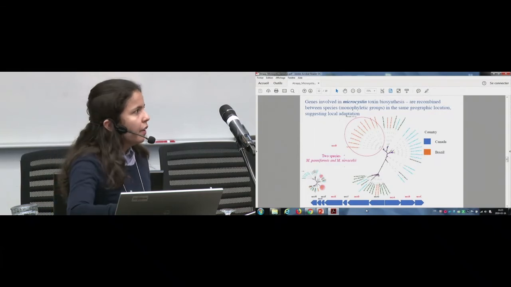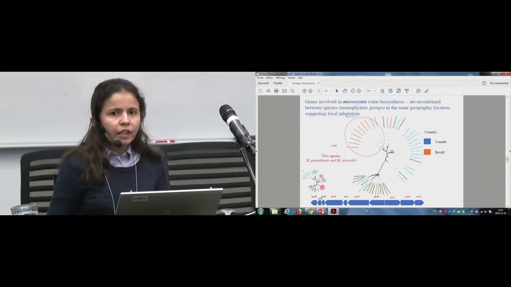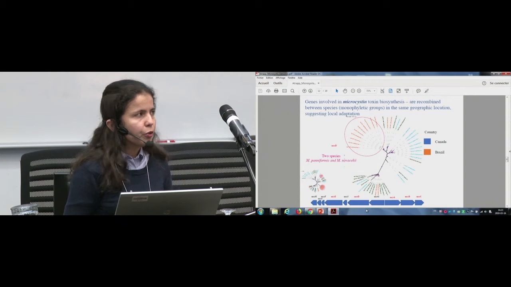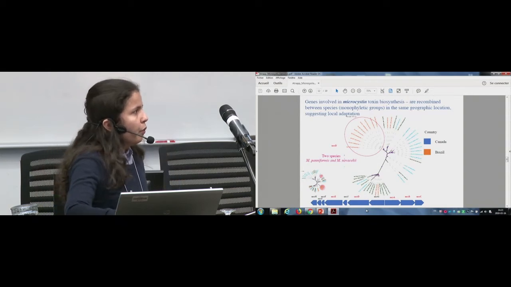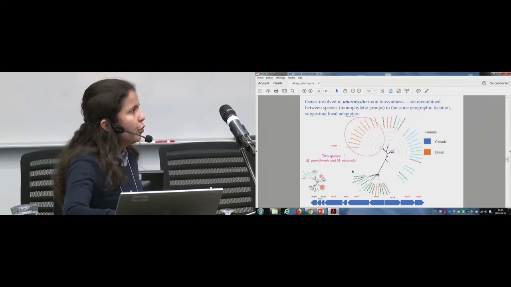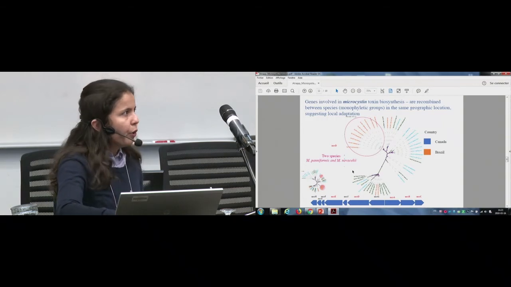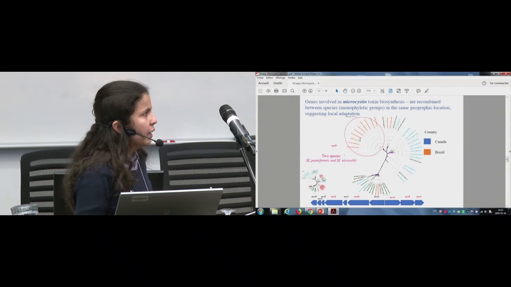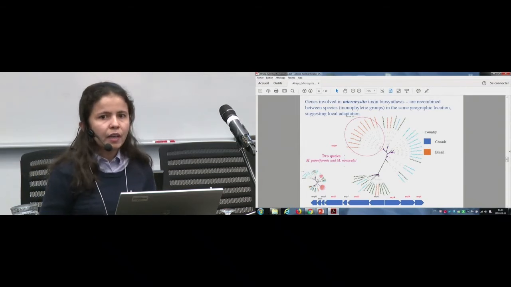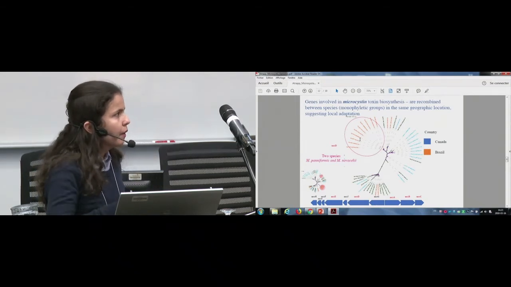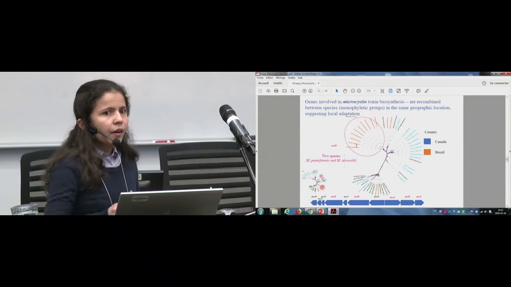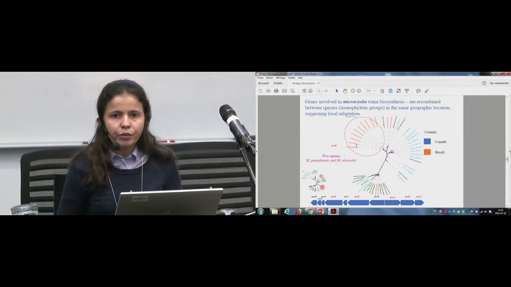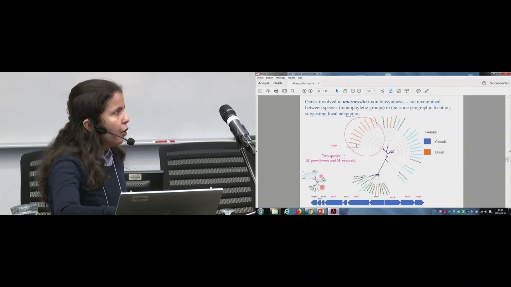We start with the genes in the operon that encodes the cyanotoxins microcystins. When we made a phylogenetic tree using one of the genes in this operon, we saw that two species are clustering together, in this case Microcystis paniformis and Microcystis weissenbergii. That probably means that in the same geographical region, they are recombining. And also, there is